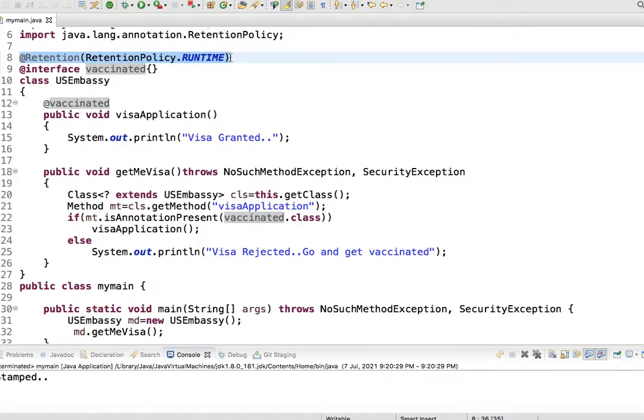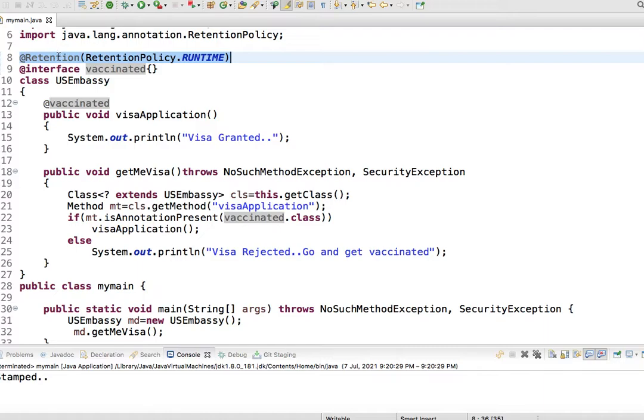It can be runtime. If you want to minimize it, we can use class level, or you can use source level. If it is source level, then it is available to the compilation. If it is class level, then it is available to the source code, and if it is runtime, then it is going to be available till the execution, so the Java virtual machine can use the runtime retention.